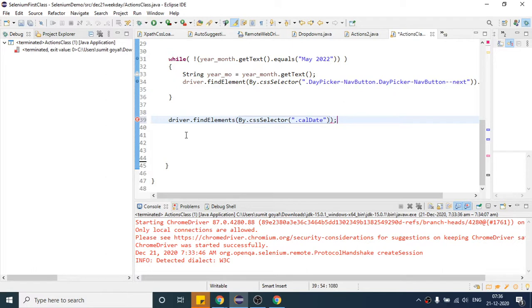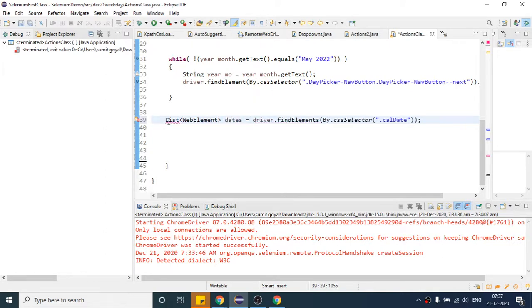Now as this method is find elements, it will return me a list of web elements, because every date is again a part of the web page. Whatever is present on a web page is nothing but a web element. As we are getting all the dates in this variable, it will return a list because I am using the find elements method. So I will capture that in a variable, and I will call it dates.